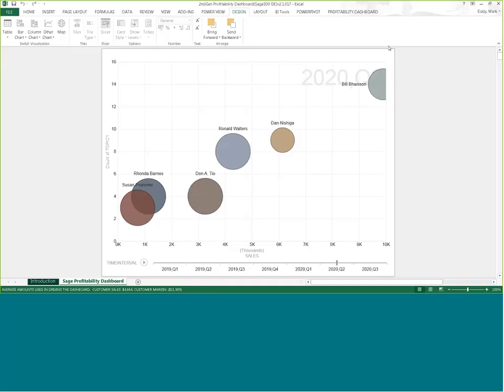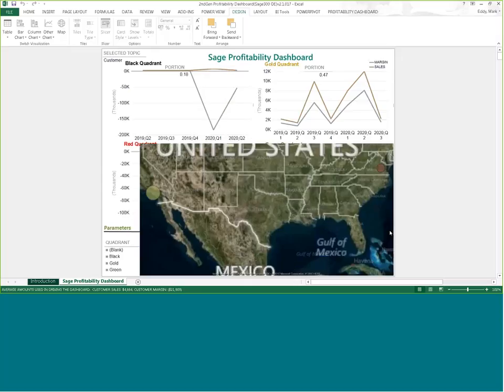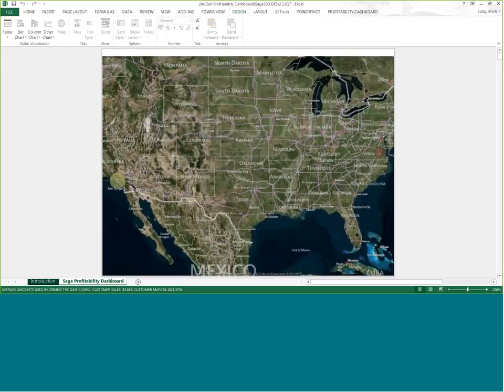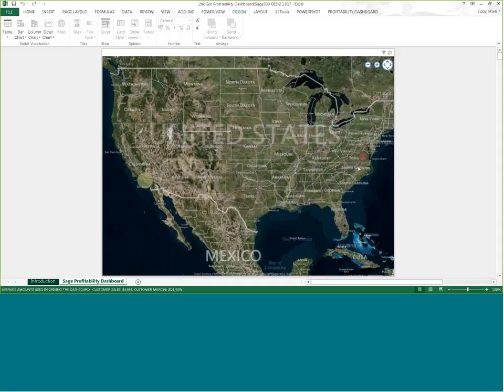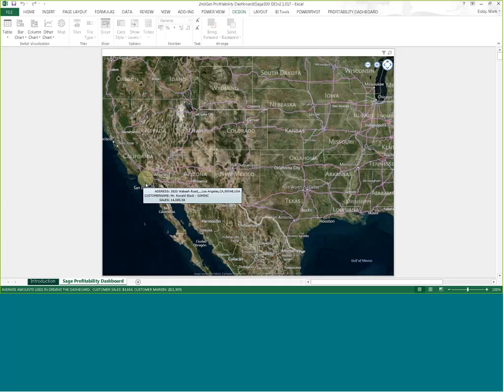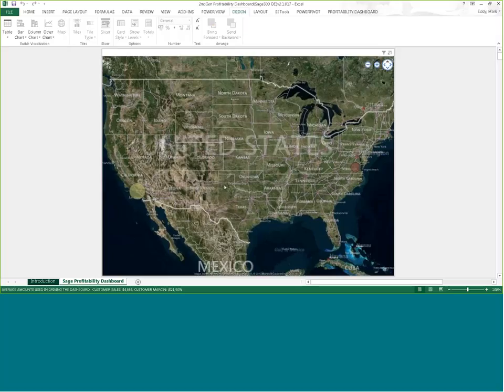You also have the ability now to harness geospatial mapping. So this is using the Bing Map plugin to translate customer address into a latitude and longitude and plot it on this Bing Map. So we have two customers here, one in Richmond, total sales of $3,700, slightly bigger circle here in Los Angeles, total sales of $14,000. So you can see it's only two customers plotted out in this map,